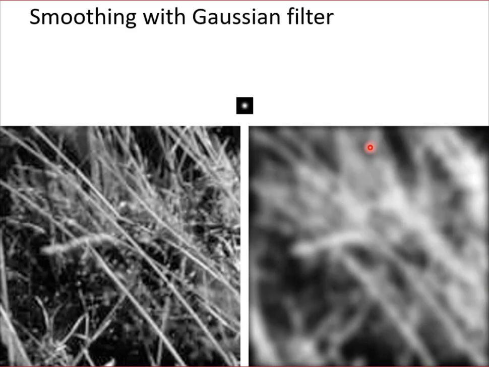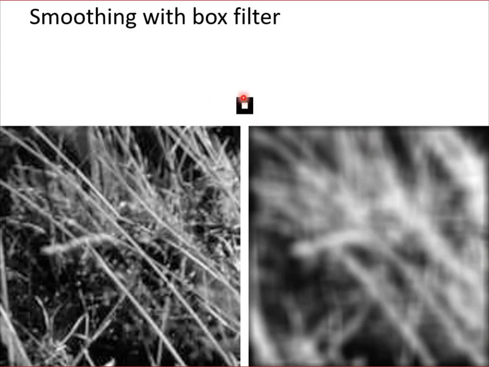What I want to show you is that if you apply a Gaussian filter, you will see no blocking edges in your output image. But if you apply a box filter, because there are edges in the filter, in the generated result you can see there is some grease on the